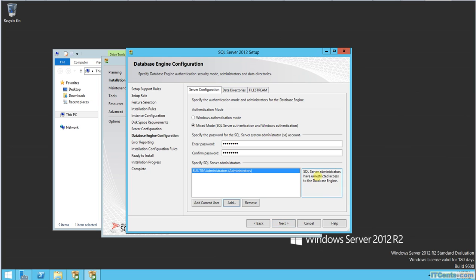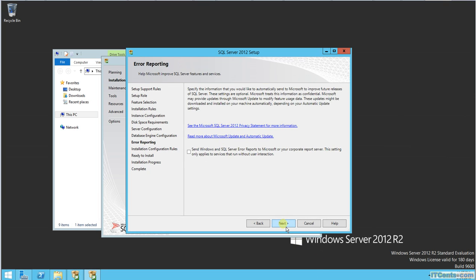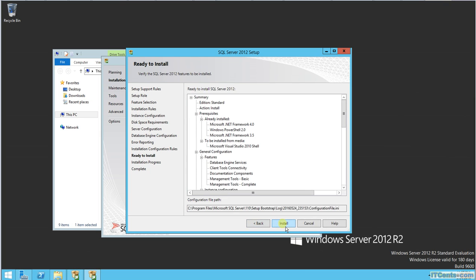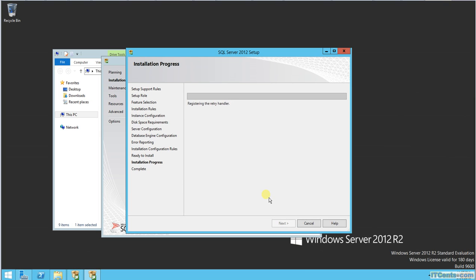So let's say unrestricted rights to the database engine. And next, and install. So while the installation is taking place, let's do something which is,